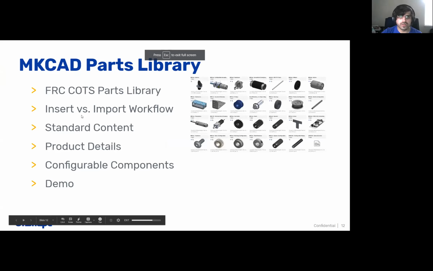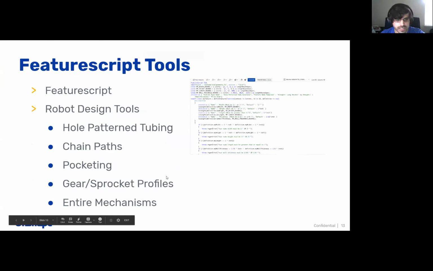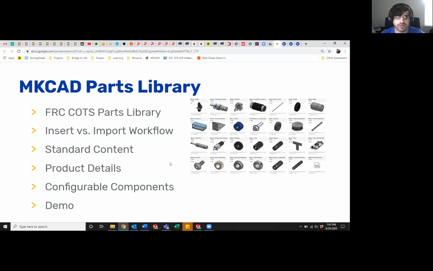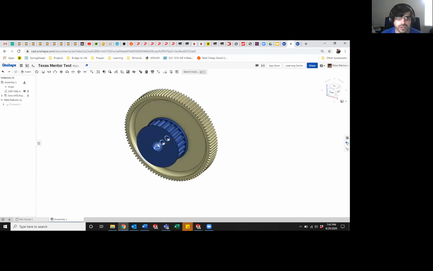So actually, I do want to show you one more thing. And this isn't MKCAD, but this is just Onshape in general. If you go into insert, this third tab, this is standard content. So this is all your